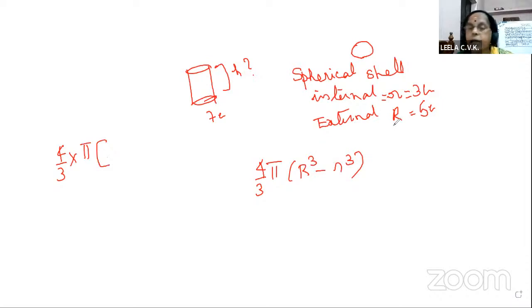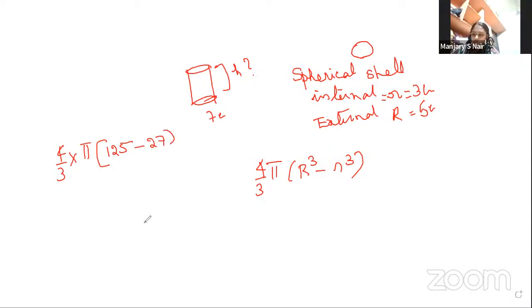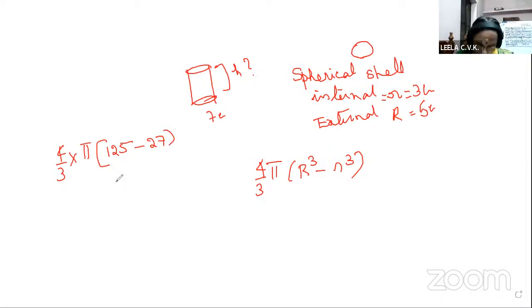What is capital R? 5. So 5 cube. 5 fives are 25, 5 twenty-fives are 125. Minus, what is small r? 3. 3 threes are 9, 3 nines are 27. So it is 4/3 pi into